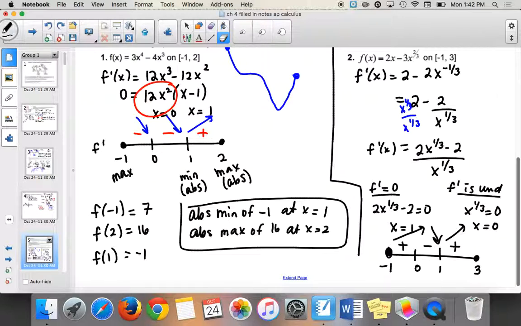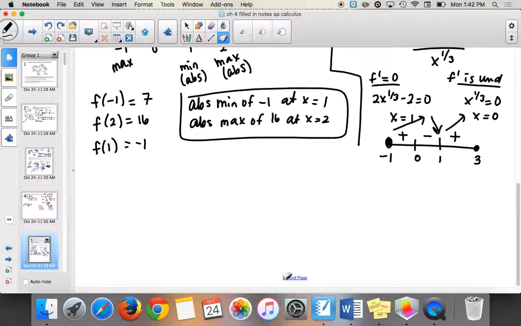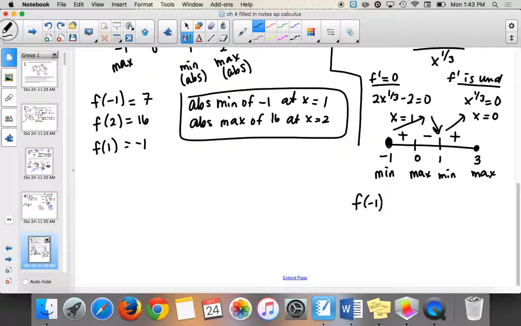And then I would want to compare it to all those other values. So I would actually have to find all of these because this is a possibility for the absolute min. This is a max, min, and max. But I don't know which one's absolute. So I'd have to find each of those things. And I don't remember what each one is.